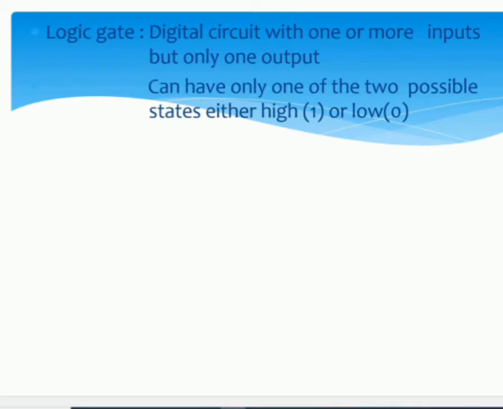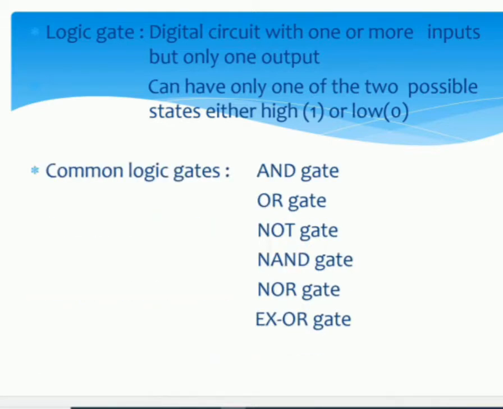As this is a digital circuit, it can have only one of the two possible states, that is either high or low. So we can say that it is a switching circuit that follows a certain logical relationship between the input and the output voltages. Some commonly used logic gates are AND gate, OR gate, NOT gate, NAND gate, NOR gate